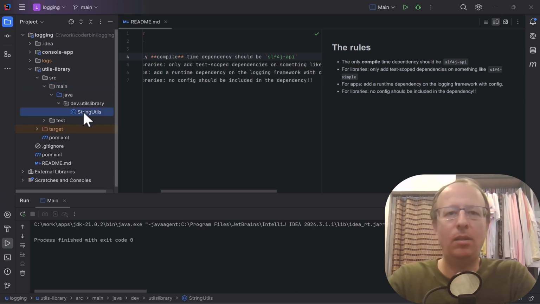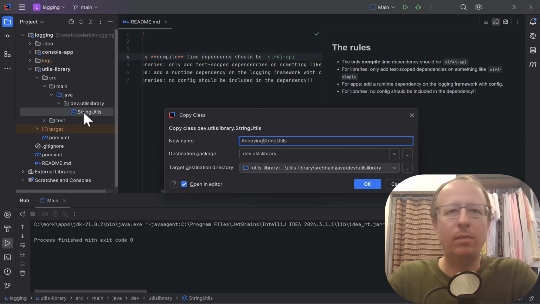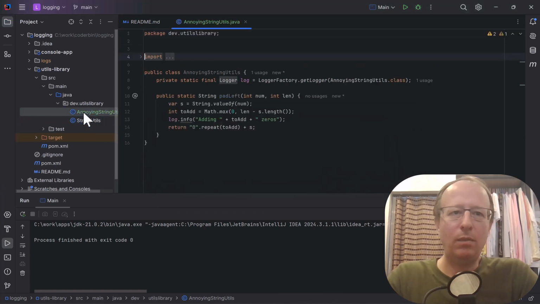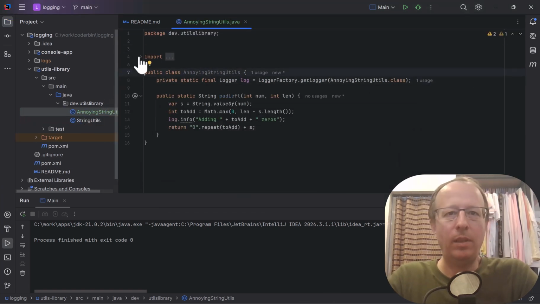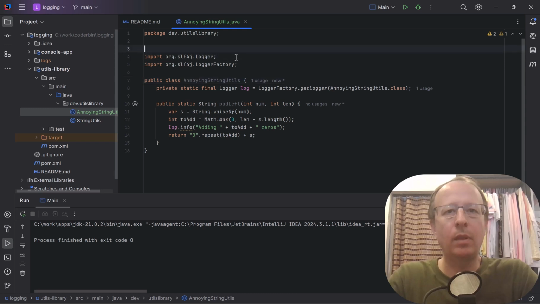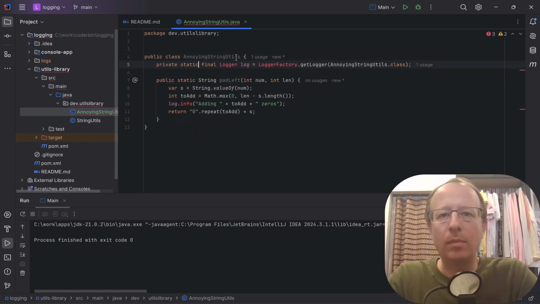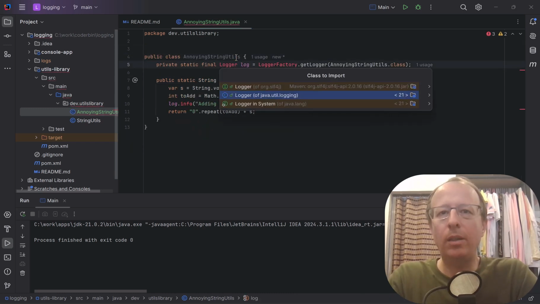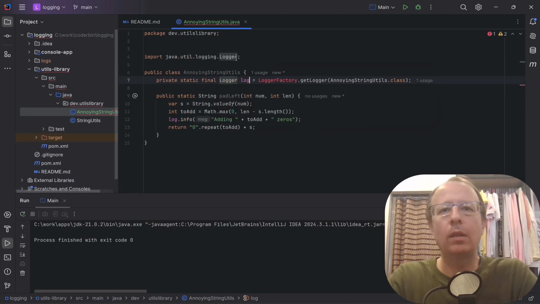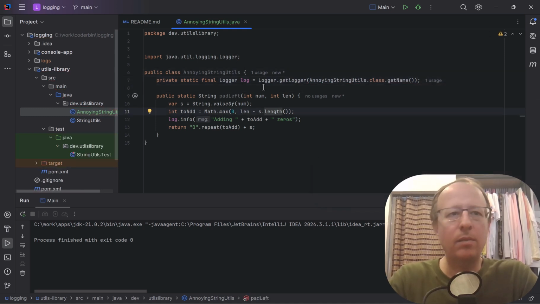So let's create an annoying string utility class, which instead of using SLF4J, like a good library, we're going to use Java's built-in Java util logging logger. So Logger.getLogger, get name. This is how we define a logger. Now if we use this class from our console app, let's see what happens.